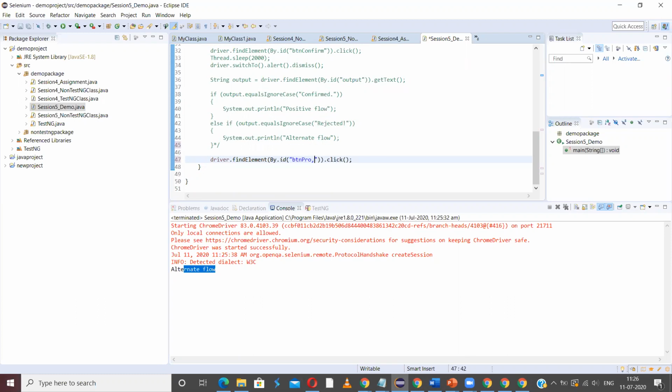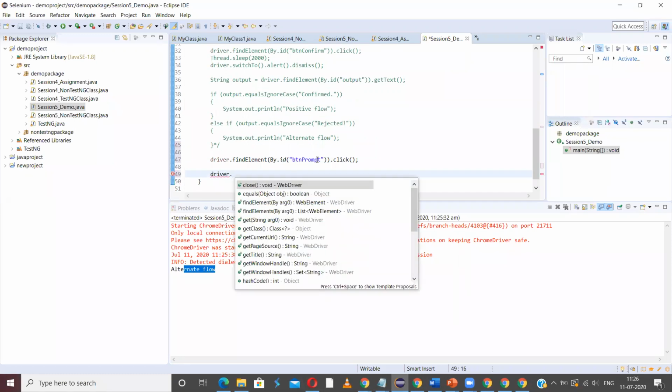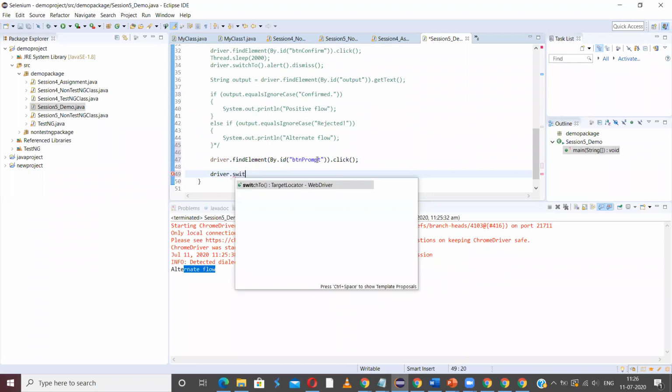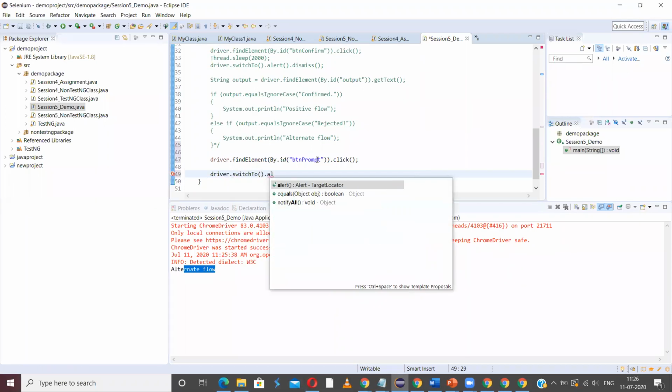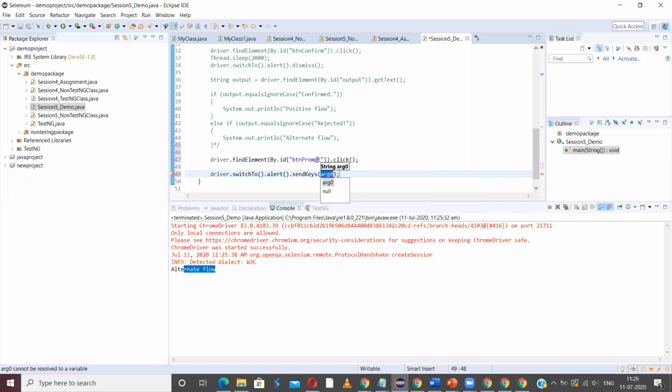I'm clicking on it, and I have to enter some value in the alert, right? So let me try switchTo alert, dot sendKeys directly, because it is already an alert, I need not again try to find the element. Let us see if that works.